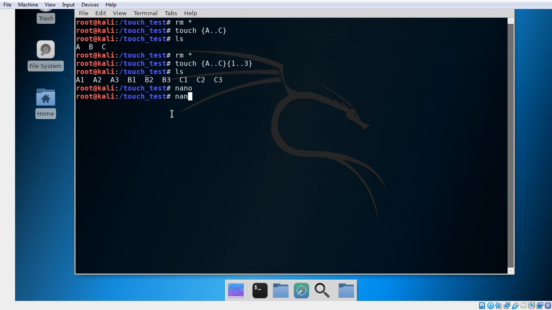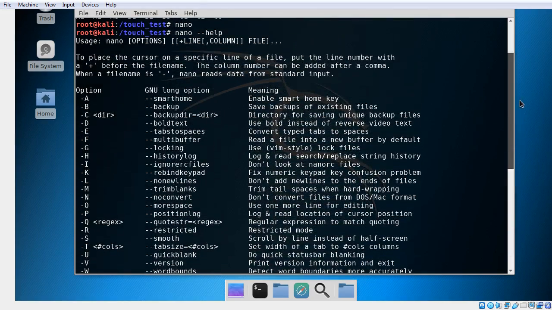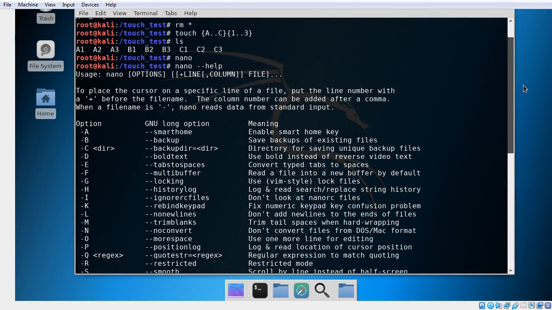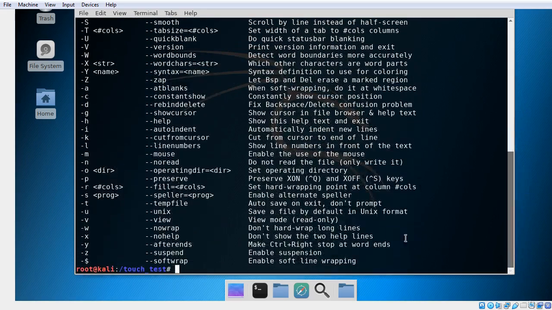So nano help. There's all the options for nano, quite a lot. Okay. Again, I can cover these in a more advanced course. If you would like that, just let me know. Okay, so